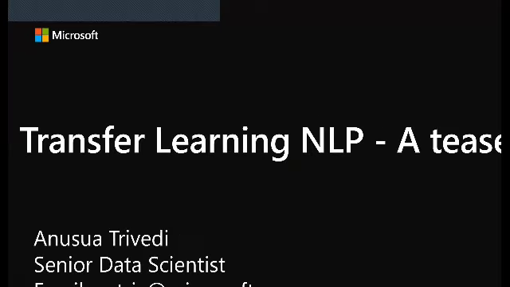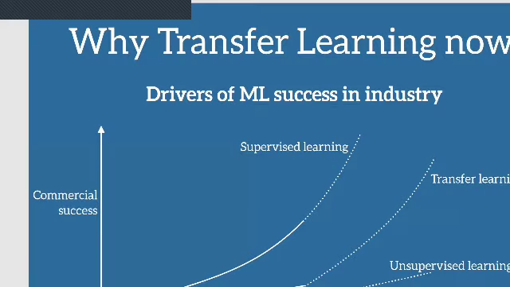So why transfer learning now? We have been talking about transfer learning, and we know that the way in which we can transfer the knowledge from a learned process to another unlearned process can help to jumpstart any project. For example, in computer vision, that is a very well known fact. So why can't we apply this to text? And that actually triggered a lot of research.